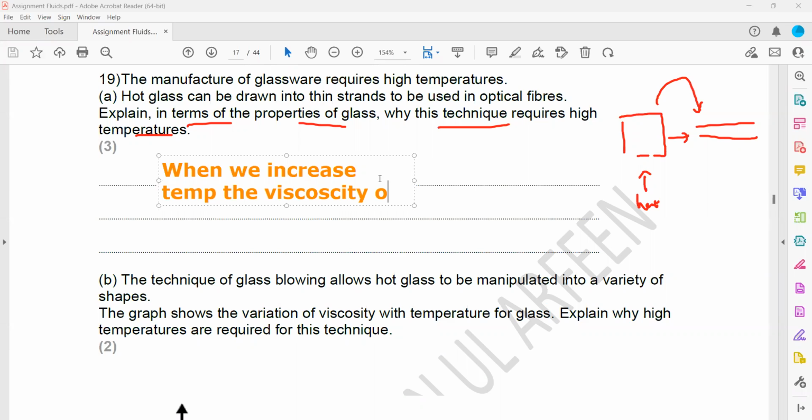Normally for liquids, when we supply heat energy, the viscosity decreases, while for gases the viscosity increases with temperature. So when we increase the temperature, the viscosity of the glass decreases, so it can flow easily